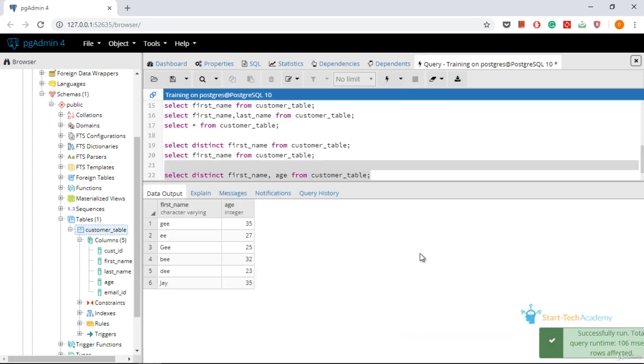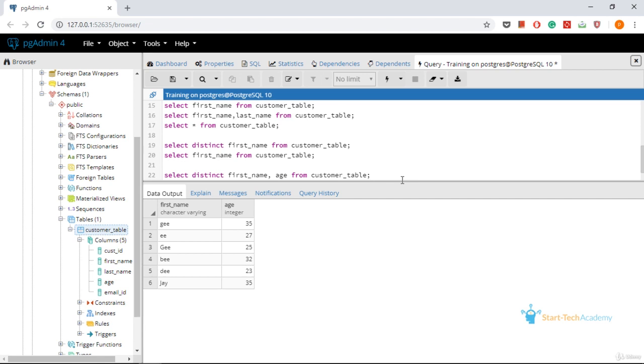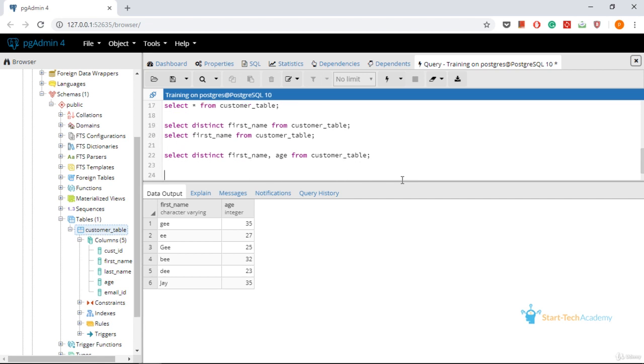We get only the distinct values back. Let us see what happens if we run select distinct star from customer table. Run.